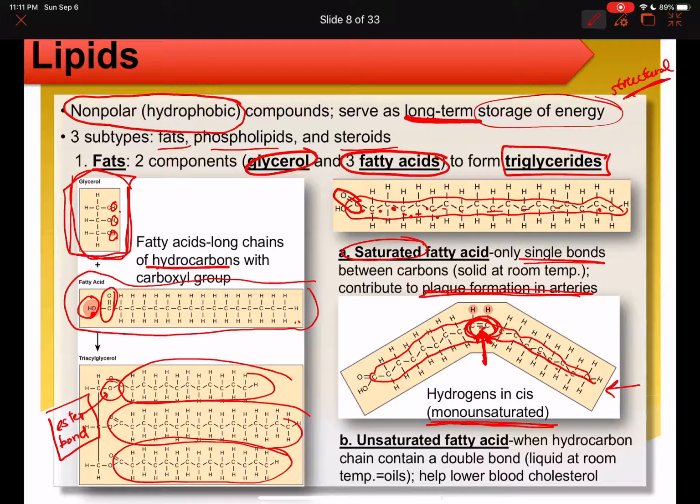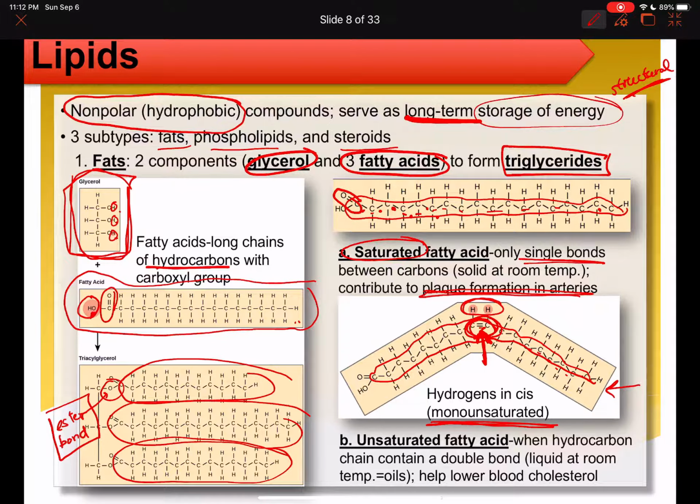So we have already discussed in the last chapter how this particular molecule, this one right here, can have geometric isomers in the cis conformation and the trans conformation. The cis conformation was when the hydrogen sticks out on the same side of the molecule. You see these hydrogens right here, they're on the same side of the C double bond C. Okay, they're not across from each other, they're on the same side, which creates sort of this kink or